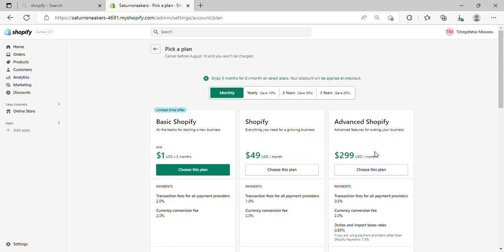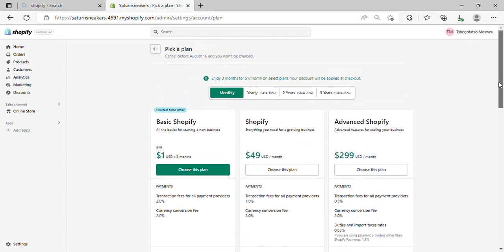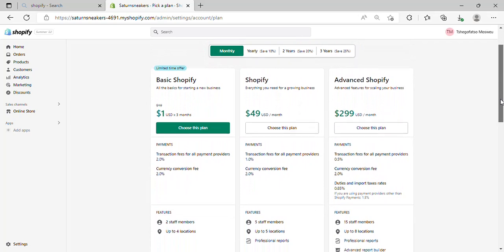Then right now this is a limited offer, so this won't be here forever. I don't know how long this will last. I think it will go back to normal. But yeah, so basically this is where you'll get the Shopify plans, and